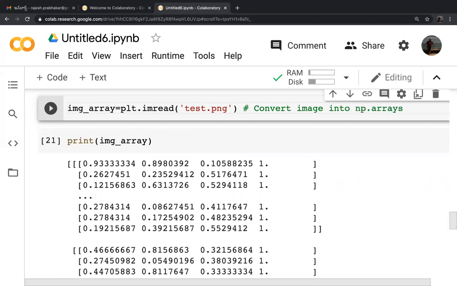This is the most important thing. You cannot process the image directly. You have to convert it into numbers, and those numbers have to be in array format. Then only can we process them. A lot of people think images are processed. No, images are converted into arrays and these arrays will be processed.